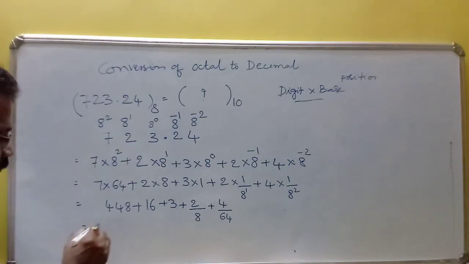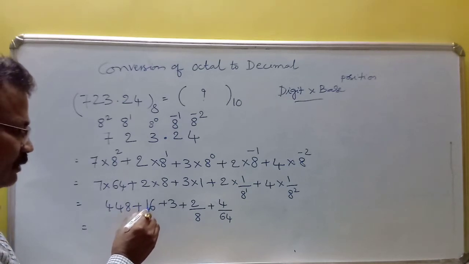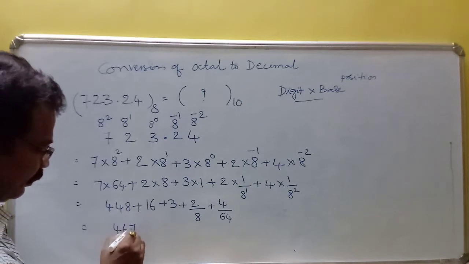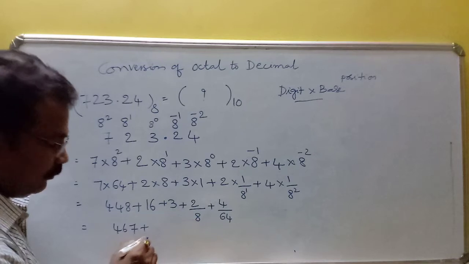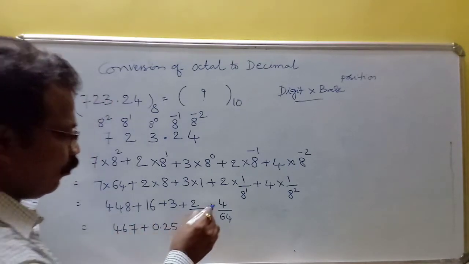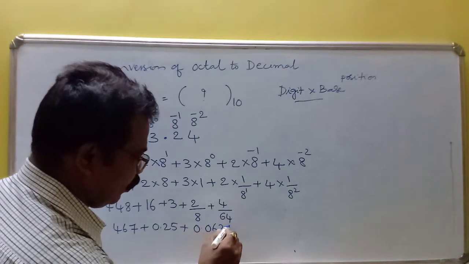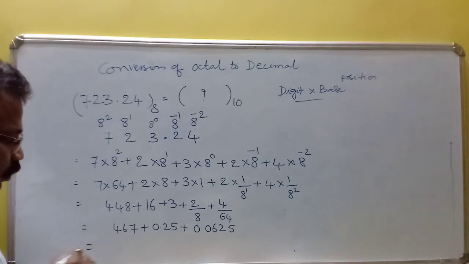That is equal to 448 plus 16 plus 3, that is 467, plus 2 by 8, that is 0.25, plus 4 by 64, 0.0625, that is equal to